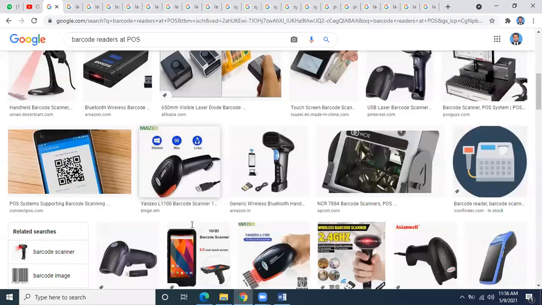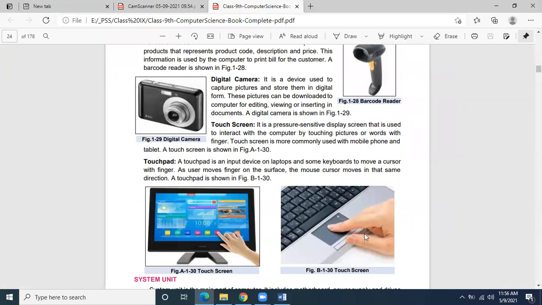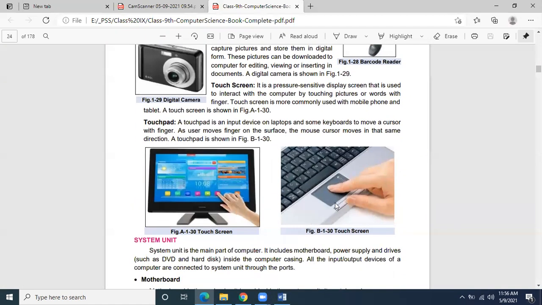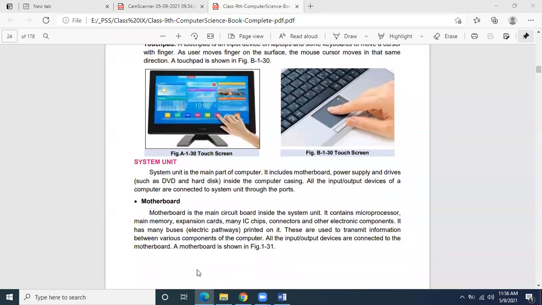You will be able to see over here that the touchpad is given. It is used like a mouse, and two buttons are also given with it. You can use them as left and right buttons, and you can move the mouse cursor on your screen quite easily.